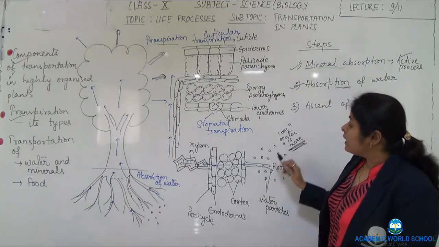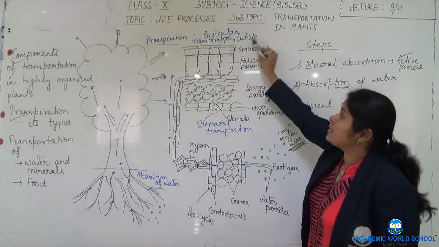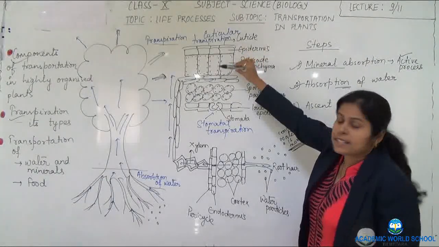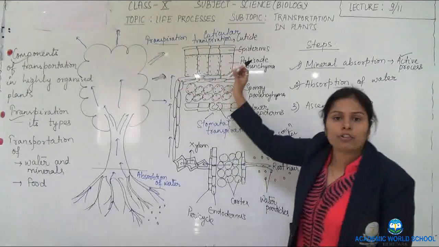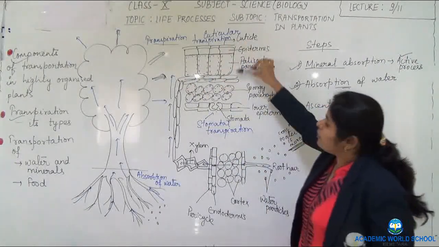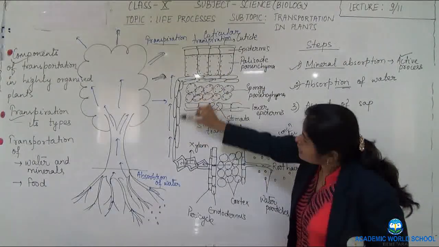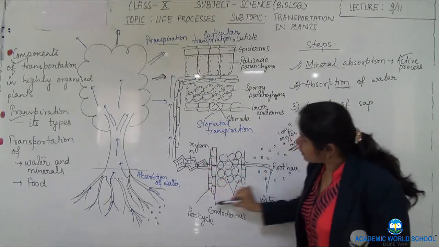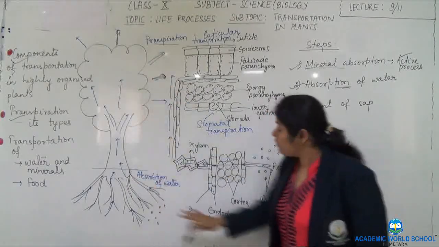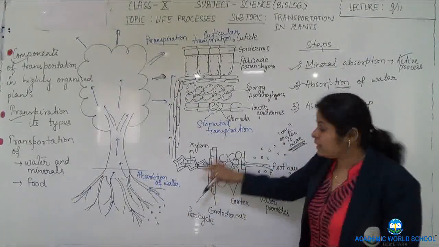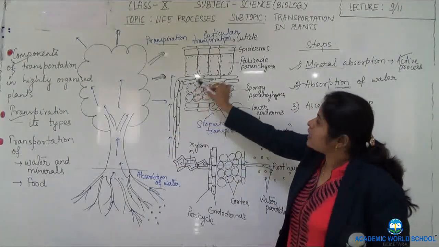Now what will happen? Here transpiration is continuously taking place. Water is lost. Now when the water is lost from the cells, the adjacent cells are going to supply the water. Suppose this is the structure of a leaf. This is the xylem vessels of the stem, and this is the internal structure of a root. So we have taken the internal structure of a tree. Roots are connected with the xylem vessels in the stem, and this stem is leading to the leaf.